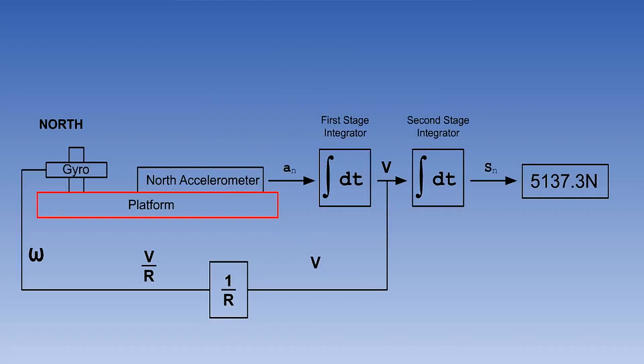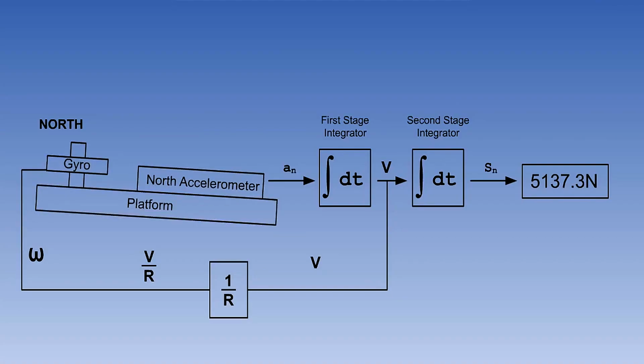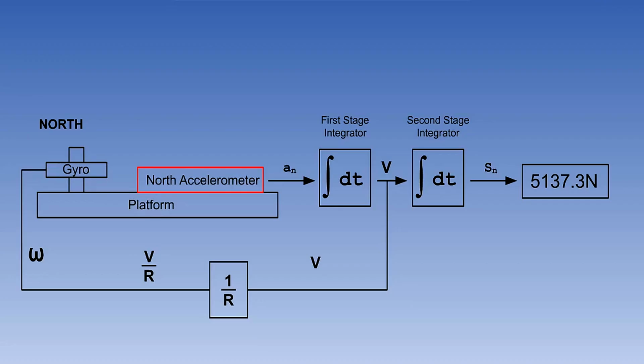Let's start at the beginning. Firstly, the platform may not be perfectly level. Platform tilt can also be known as initial leveling misalignment. The leveling process during alignment is very accurate. Ideally, it should be within about 6 seconds of arc. This is 1/600th of a degree. Nevertheless, it is a compromise with the requirement for a reasonably short alignment time. On completion of the alignment, the platform may not be perfectly level.